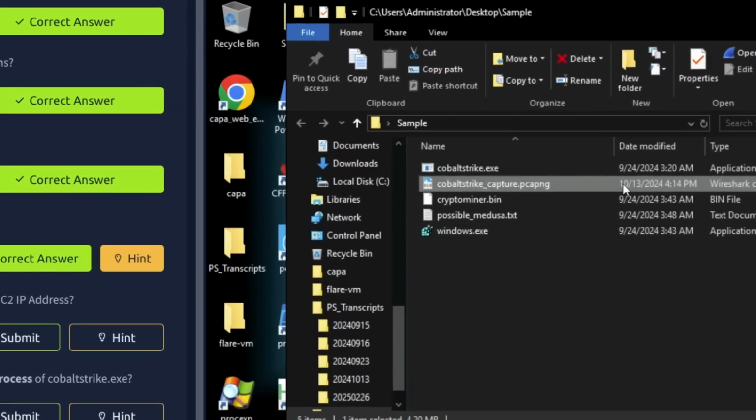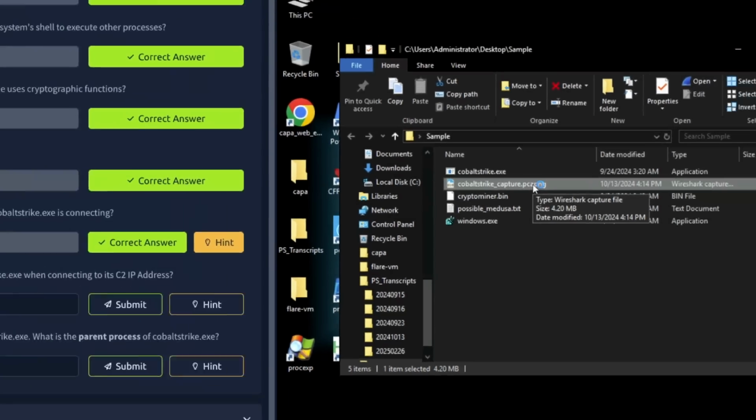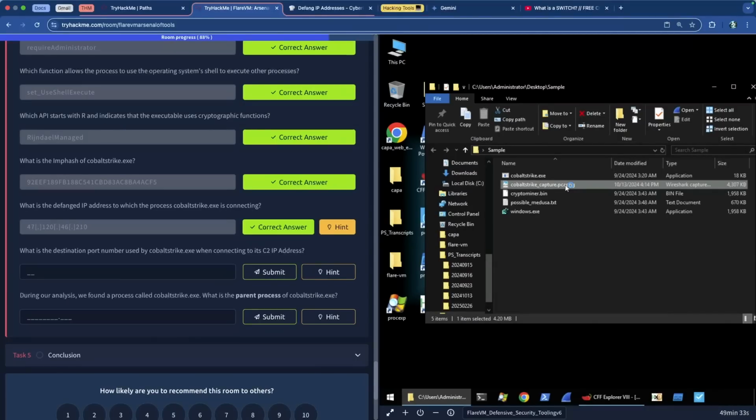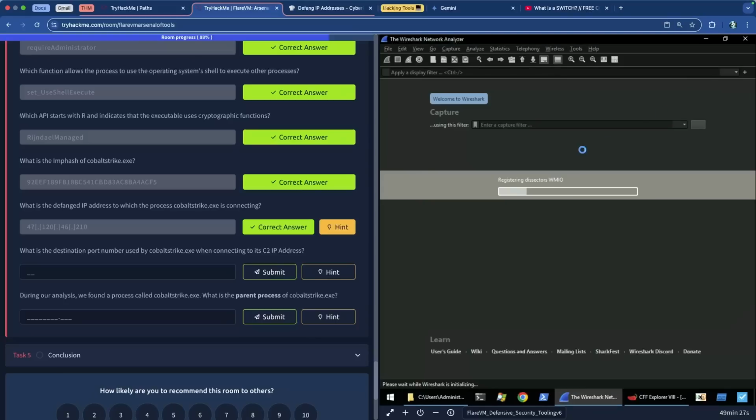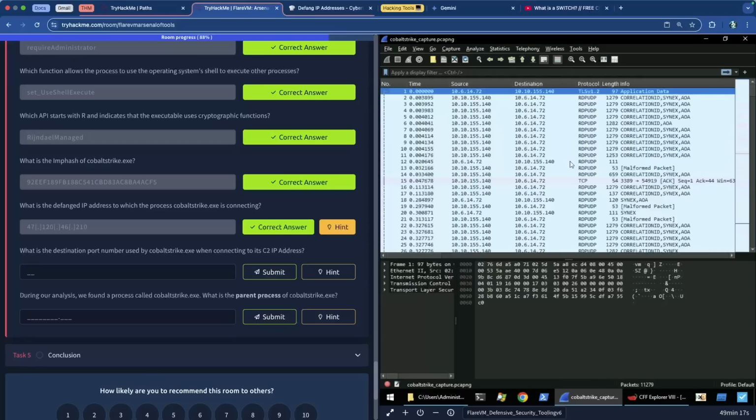And it is a Wireshark capture file. So I'm just going to double click this, see if it opens up with Wireshark. It's probably installed already on this machine. I hope it is, and hopefully it'll actually open up in Wireshark. And it does. Look at that. It's opening up the PCAP file inside of Wireshark. Usually it takes a couple of seconds for it to load. You can definitely look at essentially any detail of anything that you want, including the port numbers that it's connecting